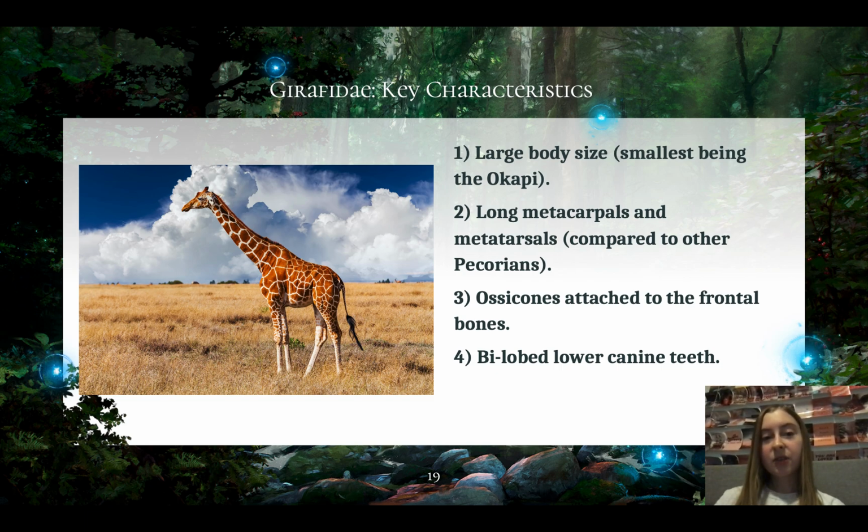The second characteristic is long metacarpal and metatarsal bones compared to the other pecorians. And this is what aids in propulsion that these animals use. I'll get into it again a little bit later, but these long bones assist in the style of movement they use called gait, and it really helps them to elongate their stride and propel a great distance in just one step. The third thing is ossicones, which are the bony structures on the top of the giraffe's head, and